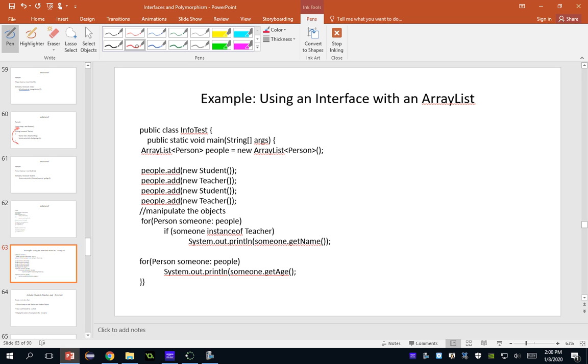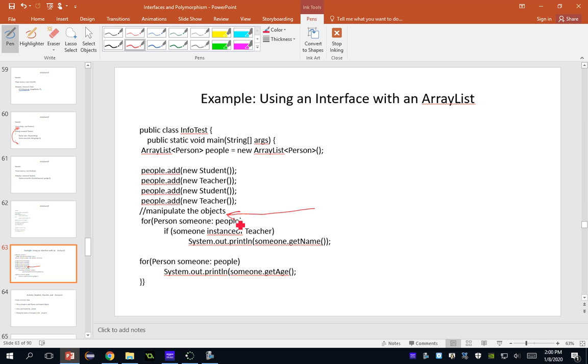I'm going to add a bunch of students and teachers. In the middle of this code, this is something important: I said you're going to manipulate the objects. That means we can do anything. Your assumption is you have no clue what that is. Maybe I deleted them. Maybe I reordered them. Maybe I put all the students at the beginning and all the teachers at the end. Maybe I killed all the teachers. I don't know, whatever you did. So, once we go to our for each loop here,